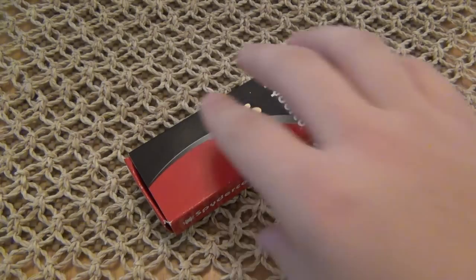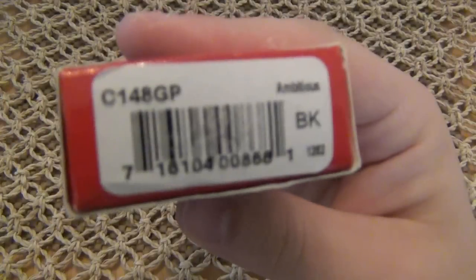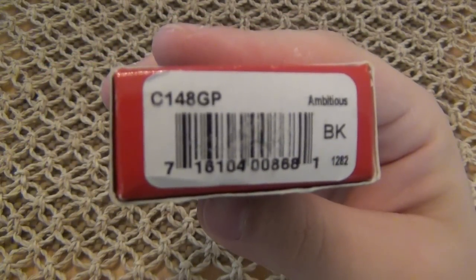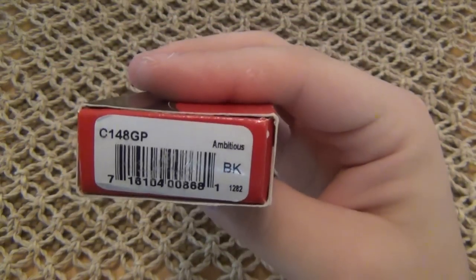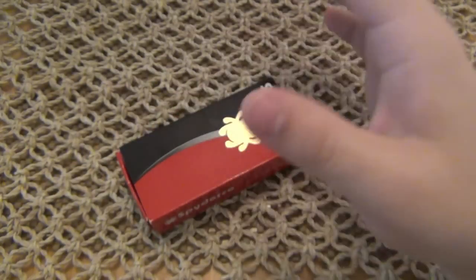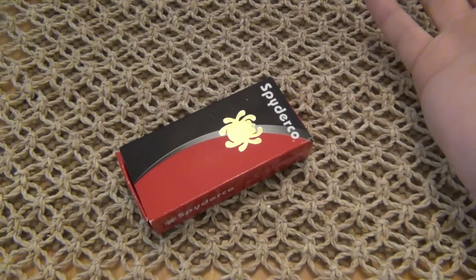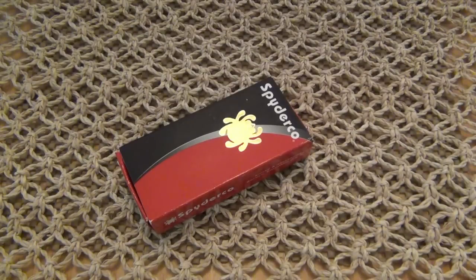Today we're going to be talking about the Ambitious, the C148GP. The Ambitious is basically part of the Tenacious line. I call it the Tenacious line because that's what came out first. Extremely popular, so what did Spyderco do? Using their thinking cap, they thought, you know what, people like this knife, let's make, I don't know, 3 other